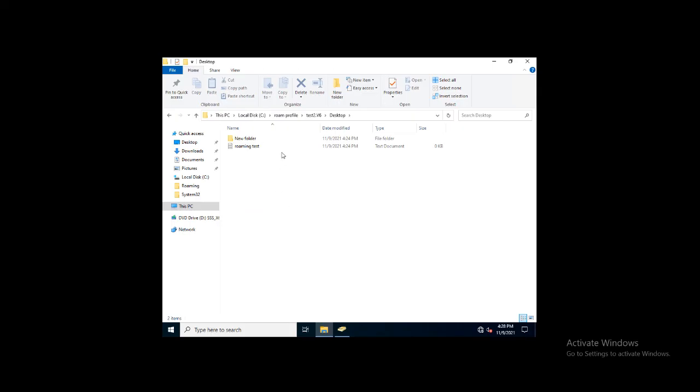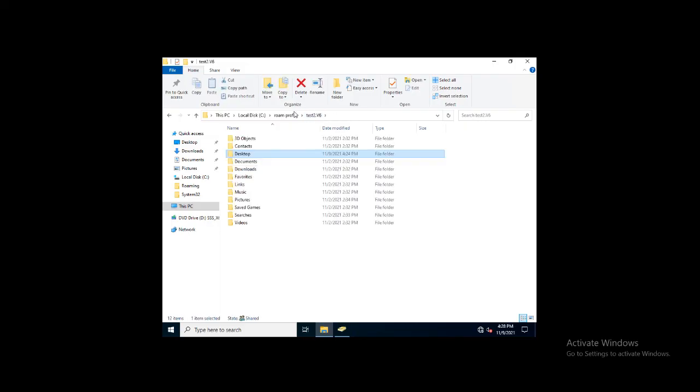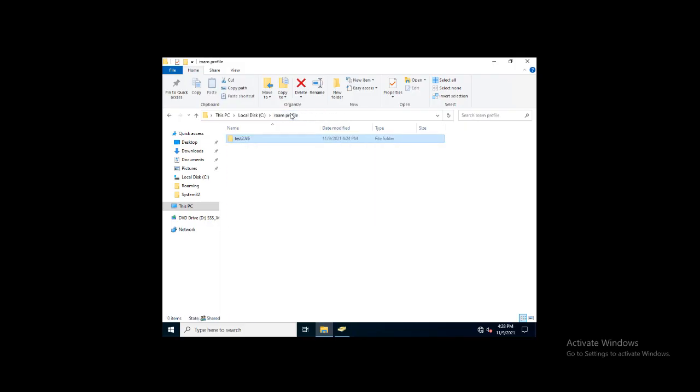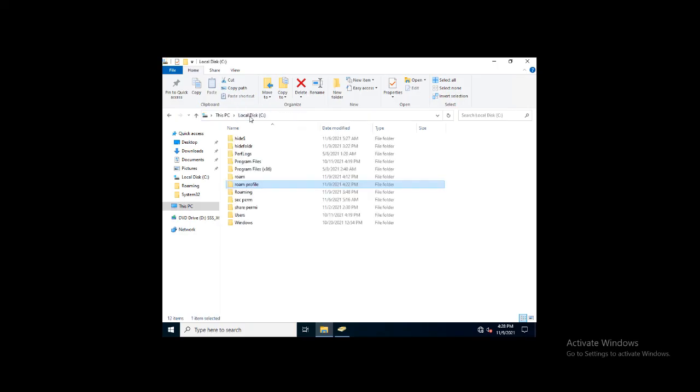Here we can see the content. So this is how you create a roaming profile. It is more secure, so only the administrator can access it in case he wants to.